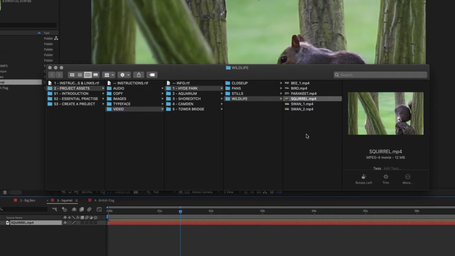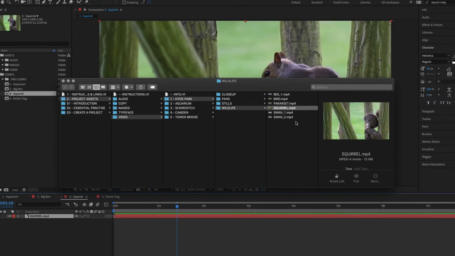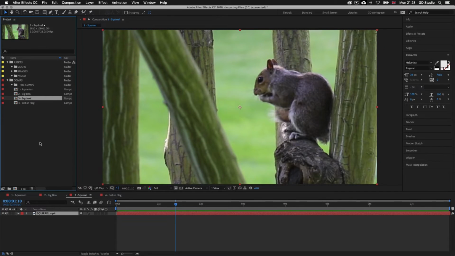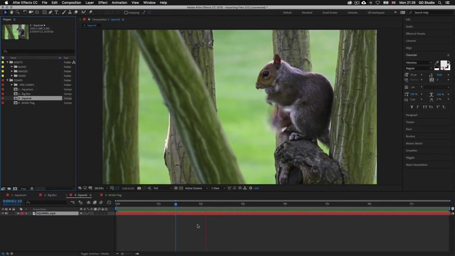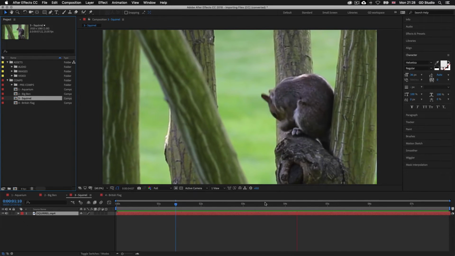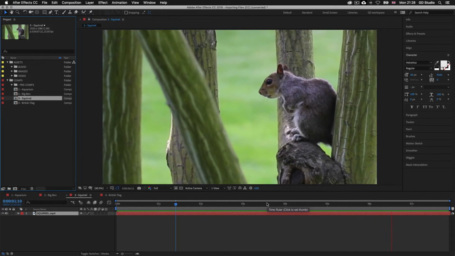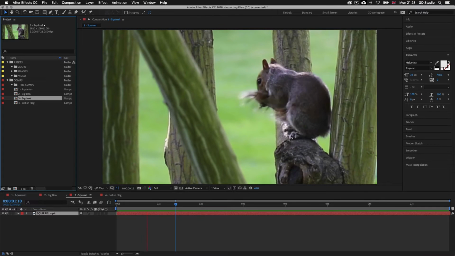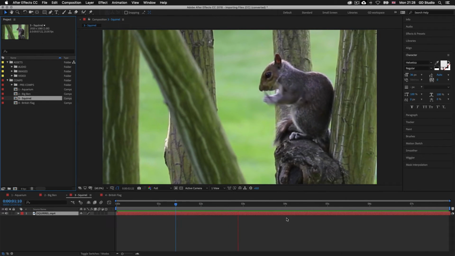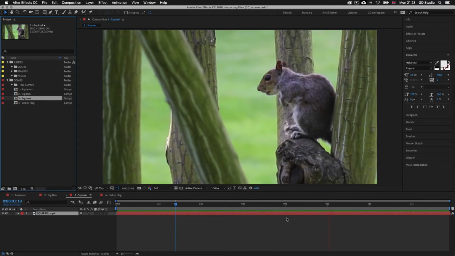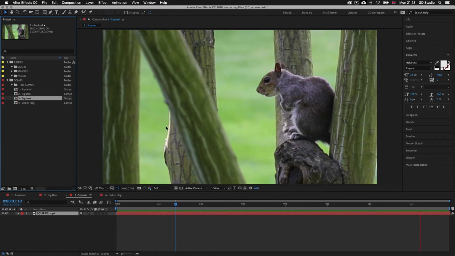Here we can also see a bunch of other video files, so a pretty simple video document. And I'll just jump back into After Effects. So this is an example of how a video can work in a composition. This video would have been shot and possibly edited and exported in a video editing software and brought into After Effects. When video files are brought into After Effects, they can be placed very easily as layers into a composition